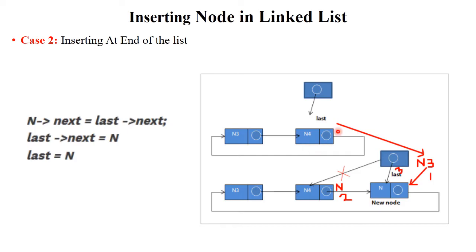Clear? Okay. Now next. We put this node here. Now the last of next. In the last of next, which address is stored? N address. Because we put this new node here. Right? So last of next equal to N. And this new node is marked as last. Clear? So the address is stored in the first step. This is the second step. And this is called the third step. Clear? In this way you will insert the node at the end of the linked list.